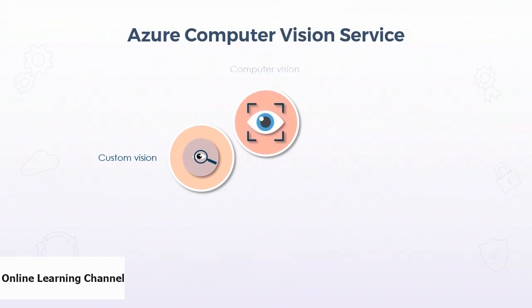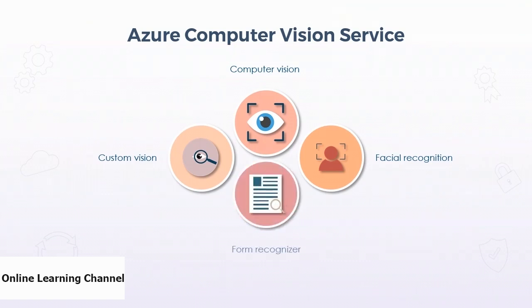And that's just it. The main feature of the Computer Vision service is to be able to analyze not only images but also videos. The service can scan various media to identify tags, descriptions, objects, and text. The service also includes a facial recognition service that can be used to create, well, facial recognition solutions. And one very interesting use case for computer vision services is form recognition. The form recognition service is pretty cool because it can be used to pull data from scanned forms like documents